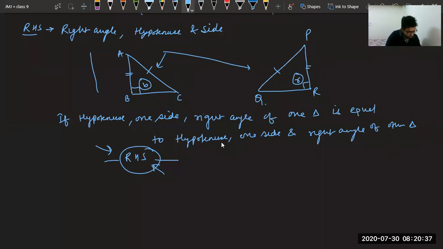Okay, now let's see example. Okay, example number 7. So the side can be any side. Okay, don't worry if it is perpendicular or base, it can be any side. Compulsory is hypotenuse and right angle. They are compulsory. Side can be anyone. It can be AB, it can be BC. Now all of you first tell me what is the name of these triangles if they are congruent. Triangle ABC is congruent to, please tell me fast, what should be the name?